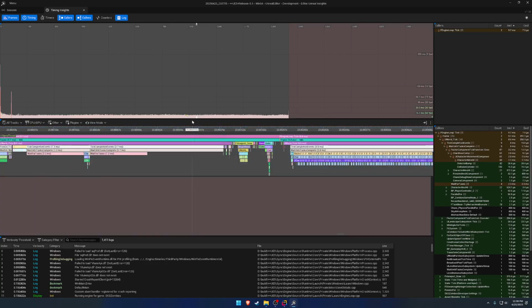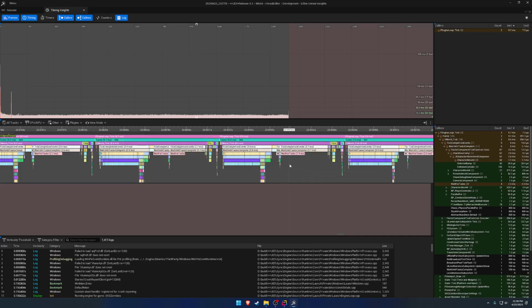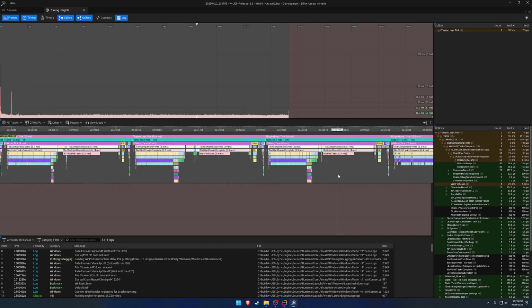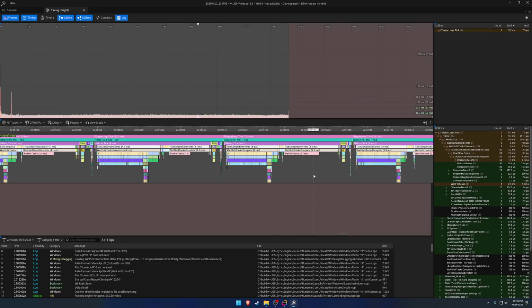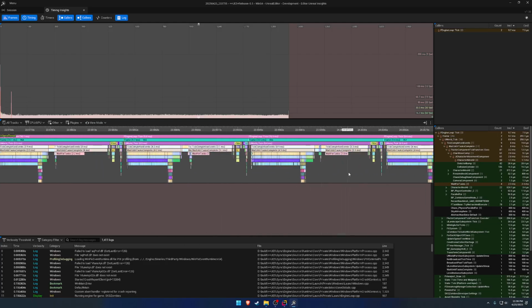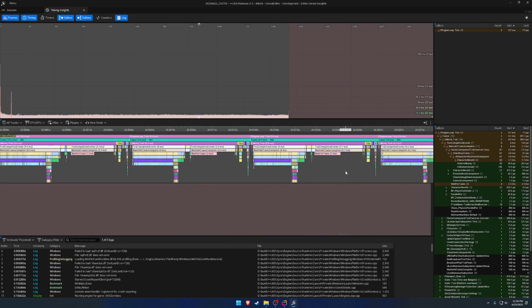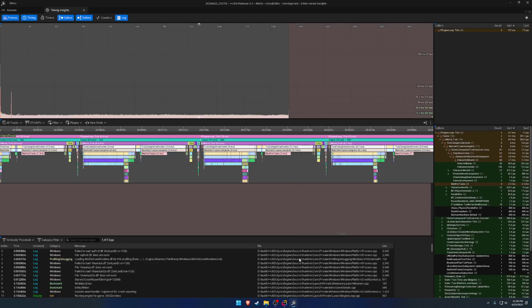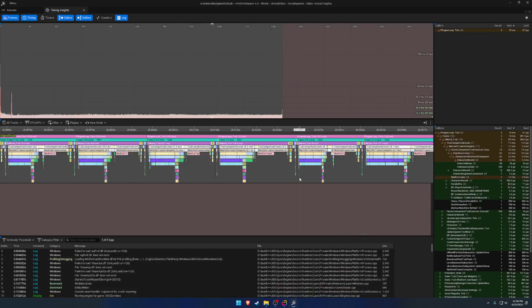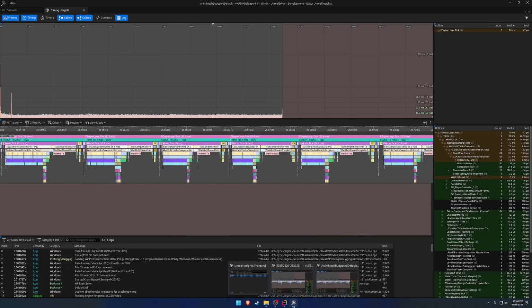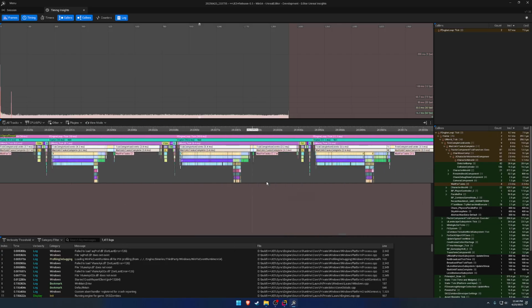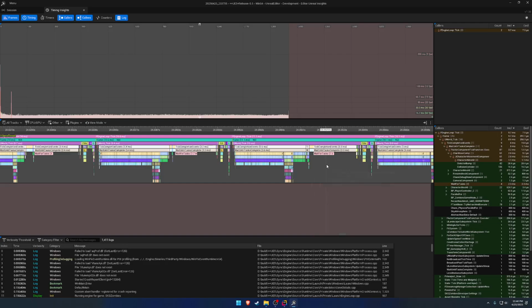Now, if we compare to the one that we just did, I am zoomed in a little bit too far. We have 9.7, 9.8, 10, 10.4, 9.8, 11.6, 10.5. And it looks like we are consistently just a little bit lower. So instead of having a bunch of them that are in the high 10s, low 11s, 12 in this case, 12.6, it seems like we are a lot more consistent at the lower 10 millisecond marks. There we have an 11.1,